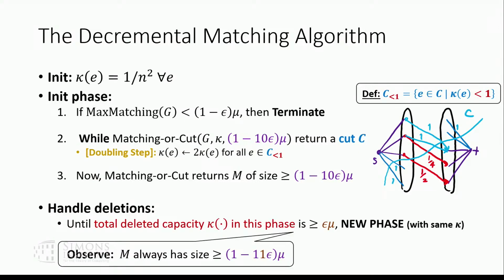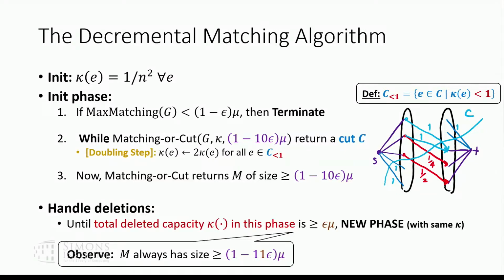So I should note, it is totally possible for this to happen pretty quickly. You might have some edges with capacity 1, and then the adversary can just delete a small number of edges and force you to start a new phase. But basically what we're going to show is that, yes, if the adversary deletes critical edges, that makes you do a lot of work, but there are only few critical edges. Over the entire sequence, there are few critical edges. And so this just can't happen that often, that the adversary deletes your critical edges.